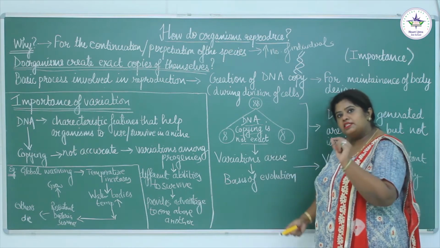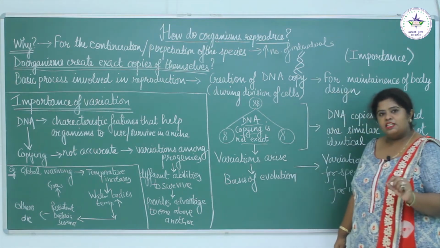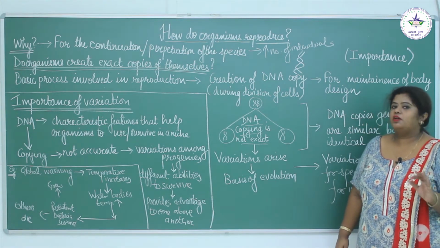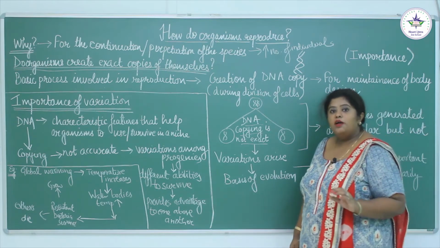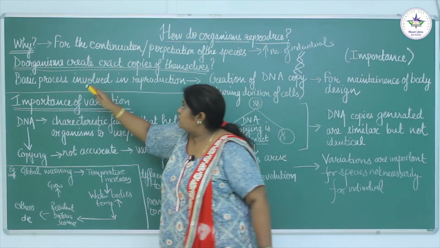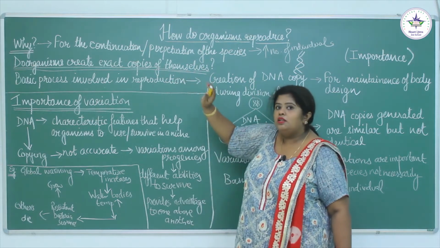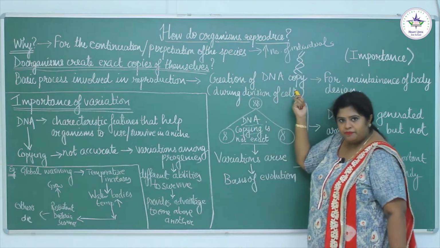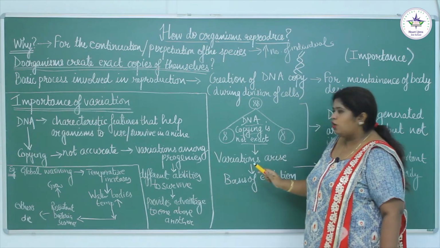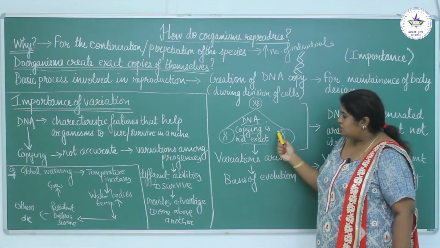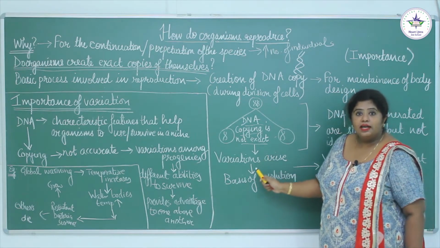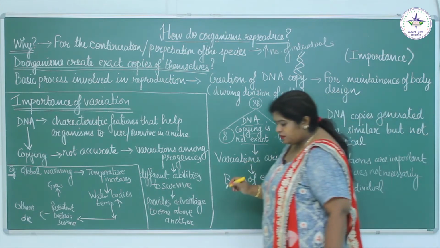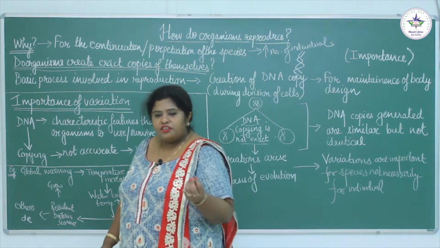Though the body design is maintained, a human being is producing a human being, the exact characteristics of organisms are not produced. That was the basic question: do organisms create exact copies of themselves? No. Body designs are maintained because the DNA is copied, but this DNA copying is not exact, because of which the variations arise. And these variations are responsible for producing the different characteristic